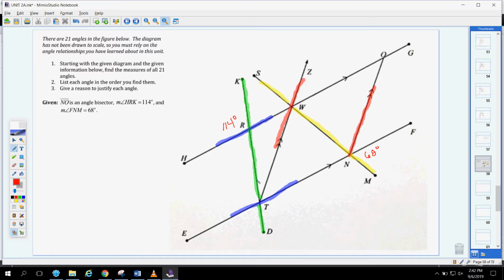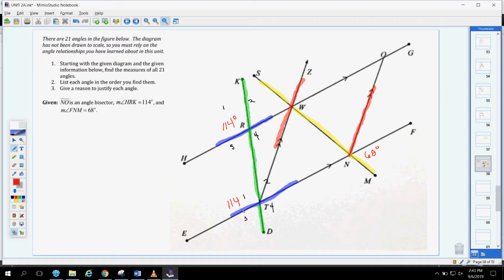transversals, and we can only work the angles around the transversal. We cannot mix the transversals. We cannot work along the parallel lines where we would be mixing these angles and these angles. We're just going to stay around the green. And let's see, earlier I said we need to label 1, 2, 3, 4, and then 1, and this is going to be one entire angle, 2, 3, 4, we can do correspondings. So if we do that, corresponding to 1 up here is this one right here. So this one we know is